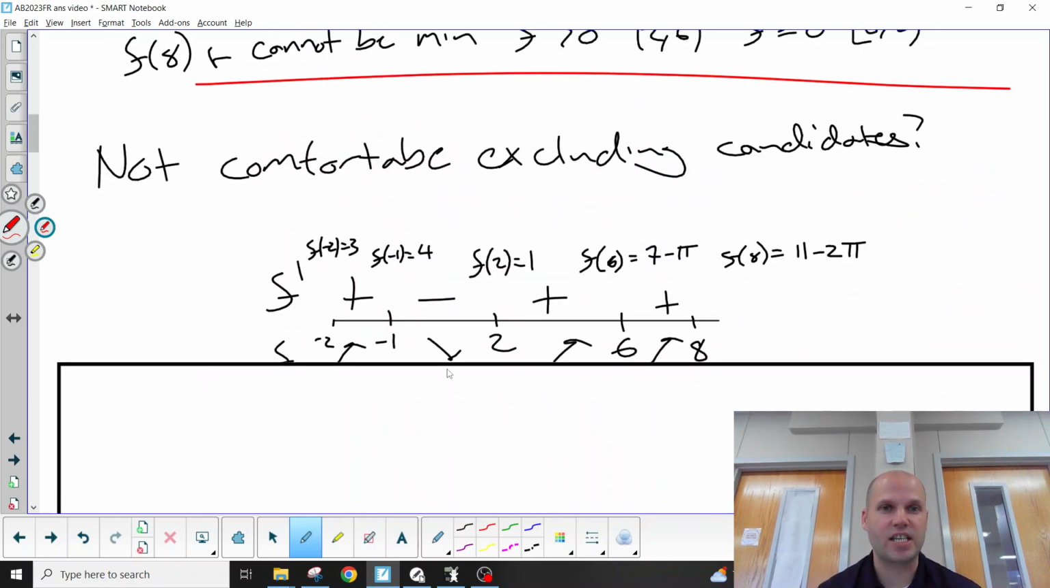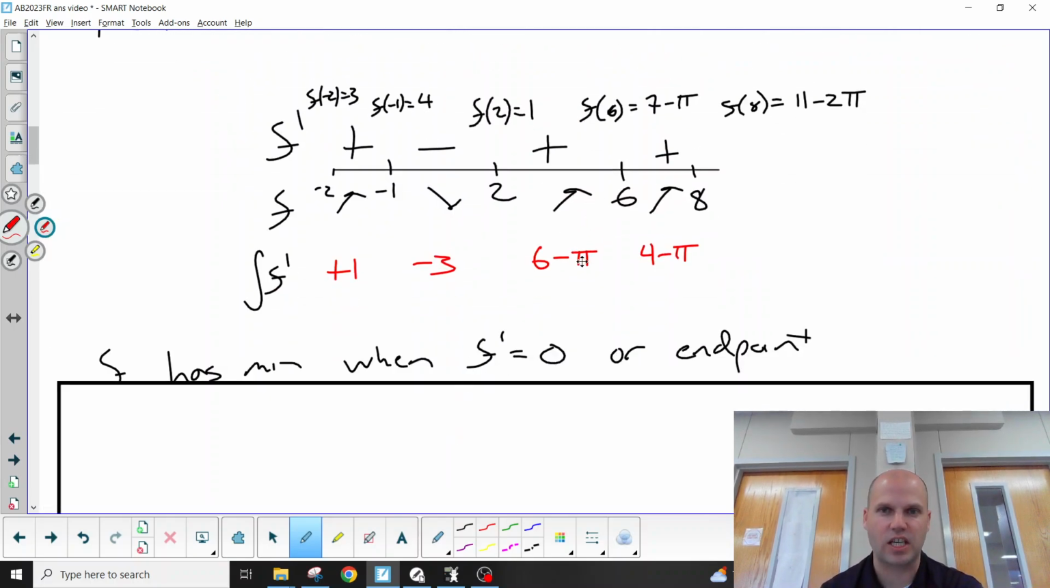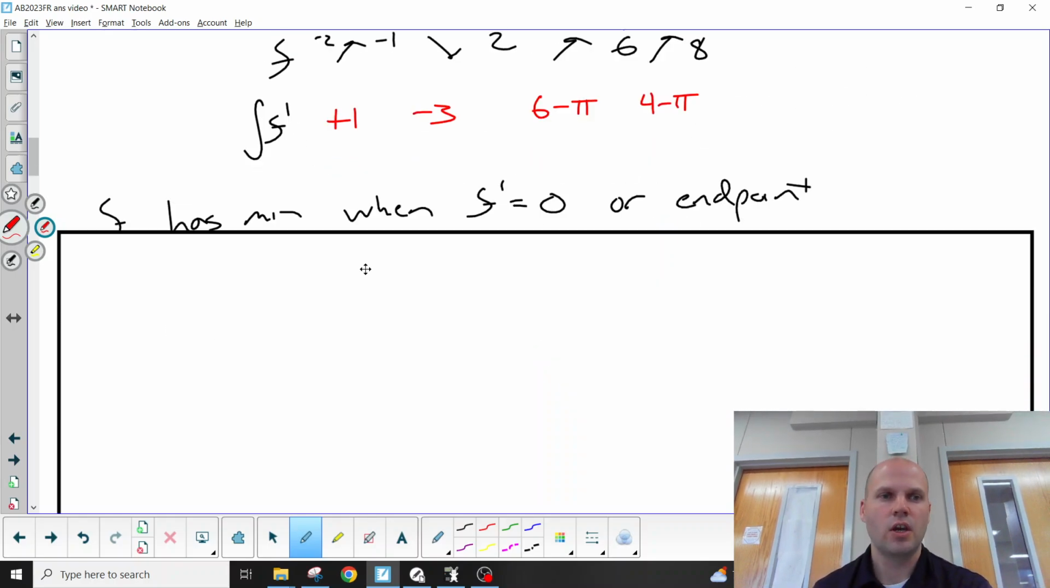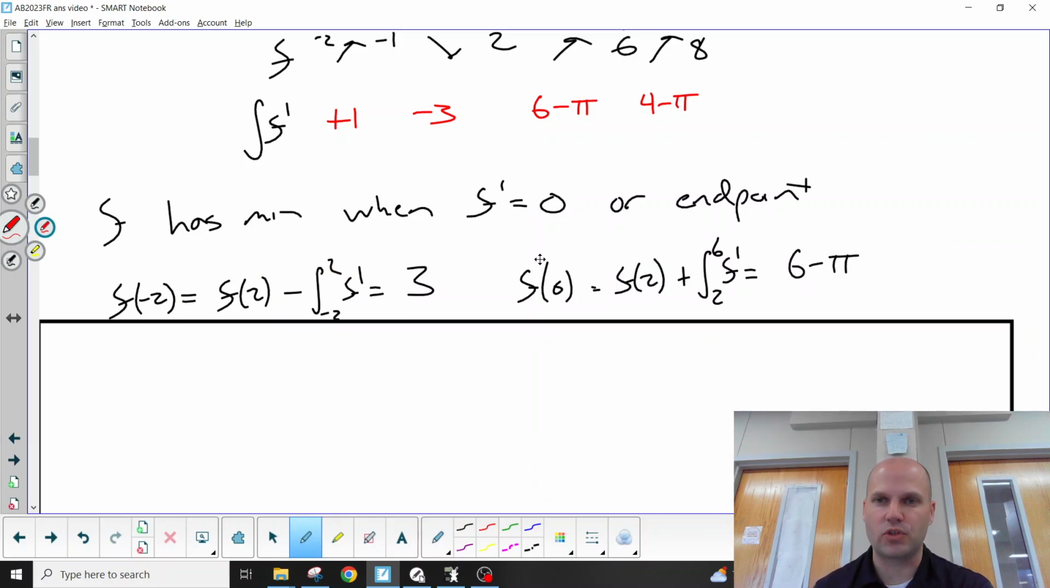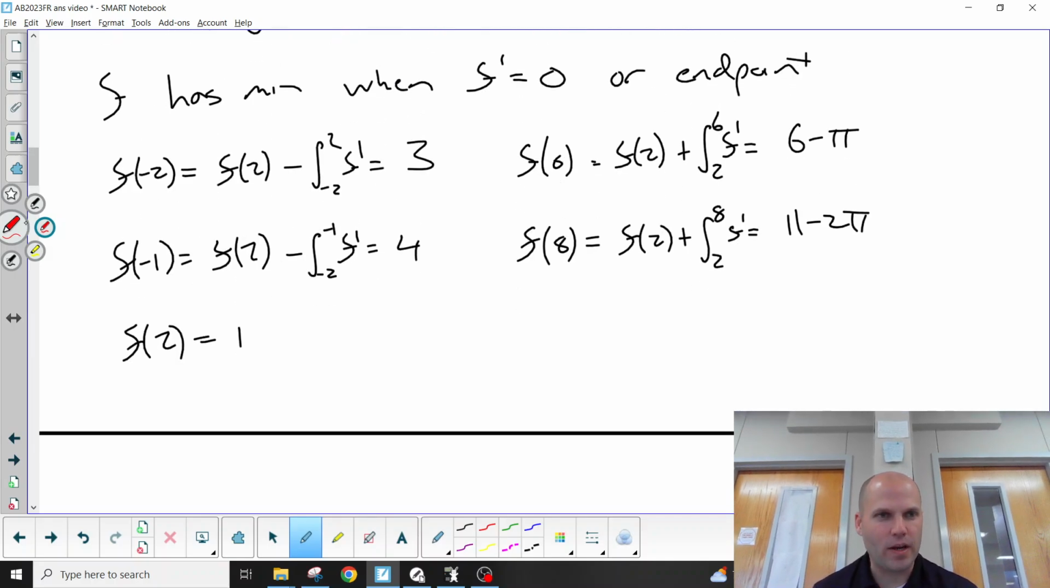Now, let's say you are not comfortable excluding your candidates. Well, then you need to find the 6 minus pi, the 4 minus pi. You need to do all of the additions and the subtractions. And you're probably doing it when f prime equals 0 or an endpoint, which means you have 1, 2, 3, 4, 5 candidates. Endpoint -3, a local max 4, a local min 1, a neither 6 minus pi, but the derivative is 0, and an endpoint 11 minus 2 pi. You still get your winner,